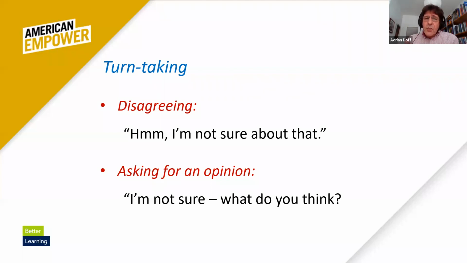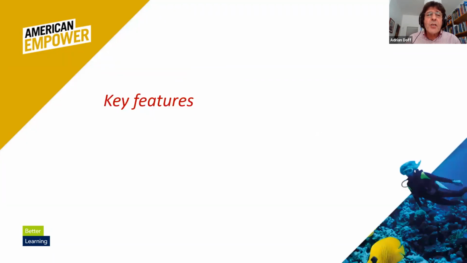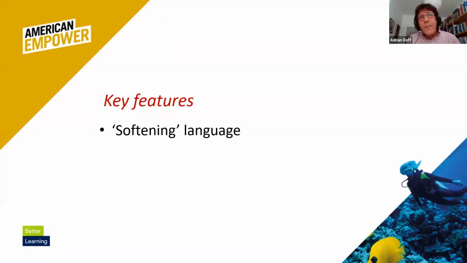Okay, so just to pull this together, to summarize a bit, I think there are certain key features that run through what they are saying, which are quite important for their ability to communicate effectively in these areas. One of them is the use of softening language, hedging language, things like maybe, perhaps, I don't know, what do you think, I'm not sure, and so on, which was noticeably lacking in the language that they used,